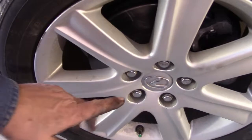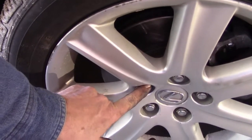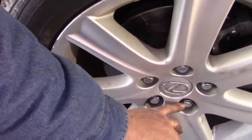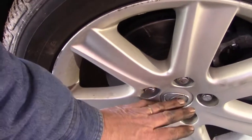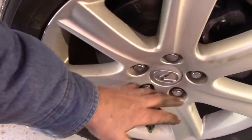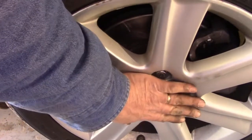Now, the only other thing we have to do is retorque these wheel nuts one more time. Now, they say you should do that after you have driven about 25 miles, because if they weren't tightened properly, they can loosen up. But I think the main reason to do it is a lot of times, especially if you don't do these kinds of things all that often, you're so excited to get the job done, and so proud of yourself that you did the brake job, that you might get your lug nuts on finger tight,